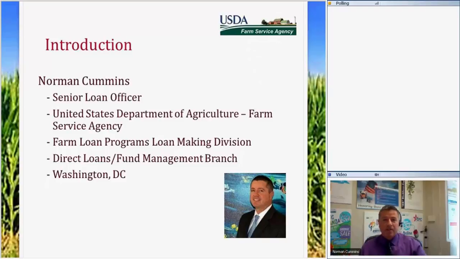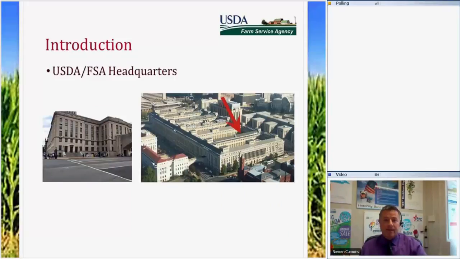One thing I do like to share is where I'm actually talking from, so that you can get an idea. If I point up, that's exactly where that red arrow is right now. This is the USDA's South Building. FSA's headquarters is on quite a few floors. The Administrator is down the hall from here, so at least you can get an idea of where I'm located right now. And if you were to step out that door of the building right there and look to the left, you'd actually see the Washington Monument, and down the street's the White House.